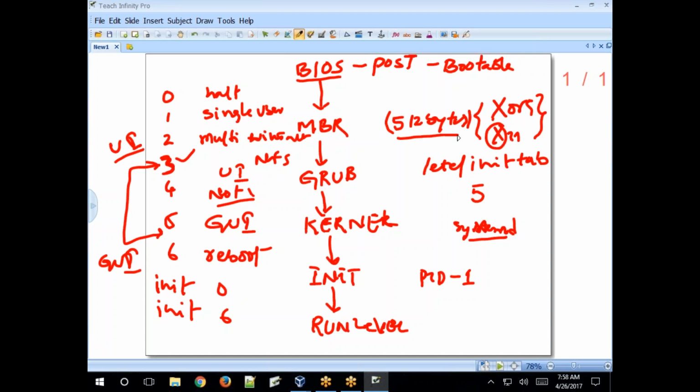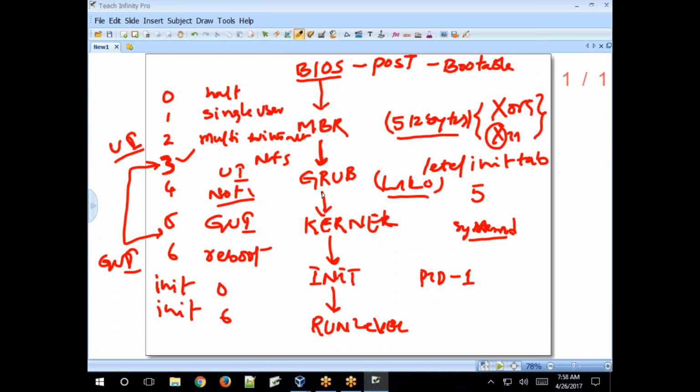It contains the information about the partition table, bootloader information, and integrity check. So it automatically checks itself internally, whether any errors occurred in the MBR sector. After this is done, MBR executes the bootloader. In Linux, the bootloader name is GRUB or LILO. LILO means Linux Loader, or GRUB. GRUB is the Grand Unified Bootloader.